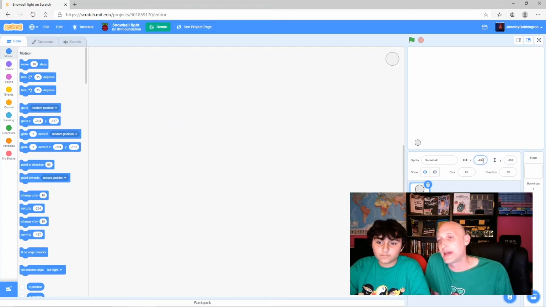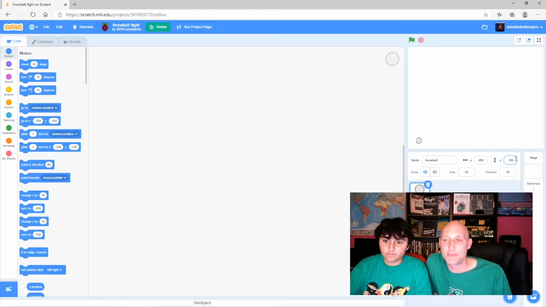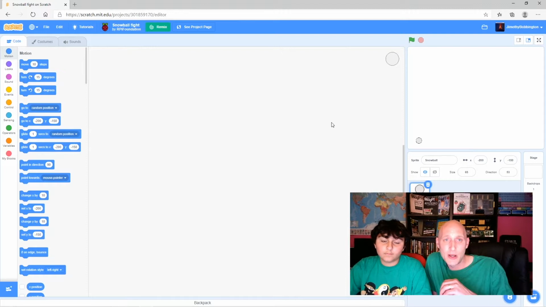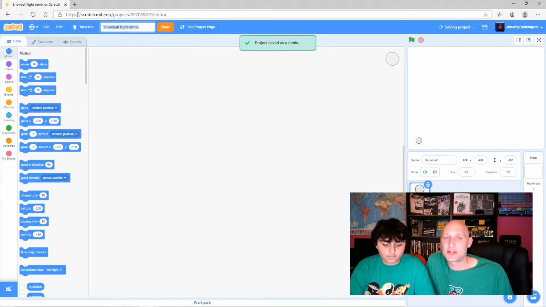Like you can see over there on the right hand side, Jimmy's logged in to Scratch. If you don't have an account, then please do create one. And then once you're logged in, you can remix the project. Do you want to just hit that remix button, Jimmy? And there we go. Now Jimmy's got his own variation of this project